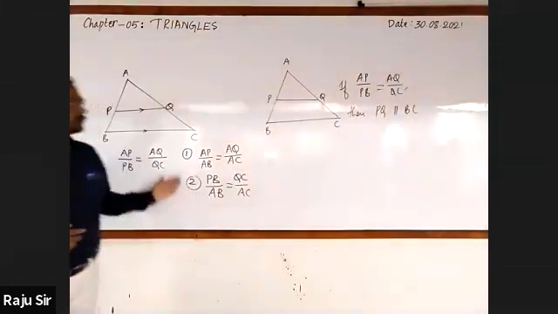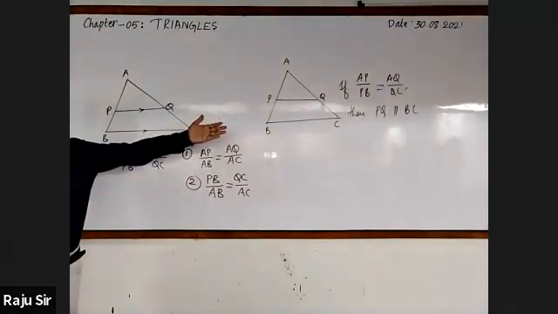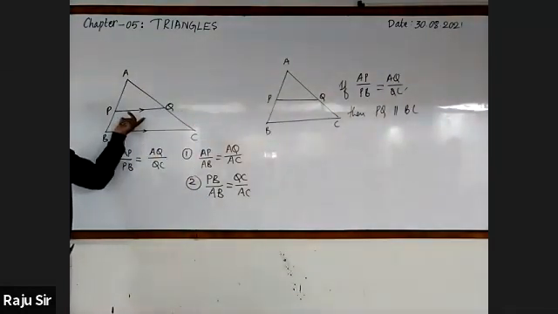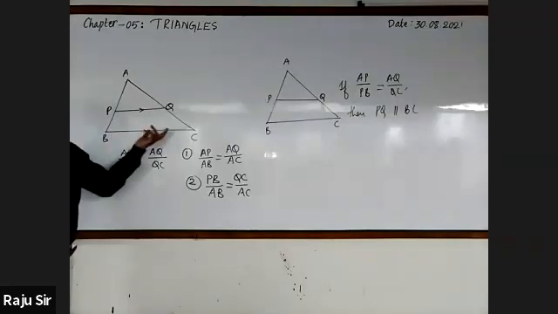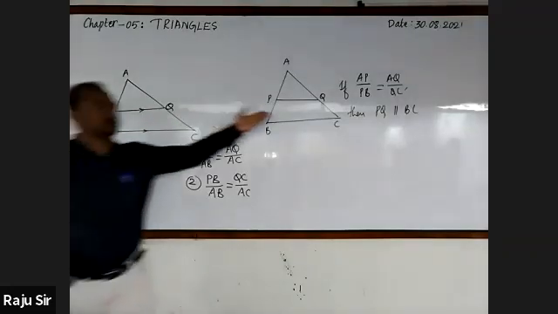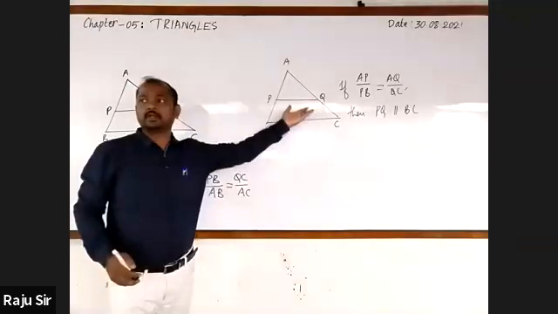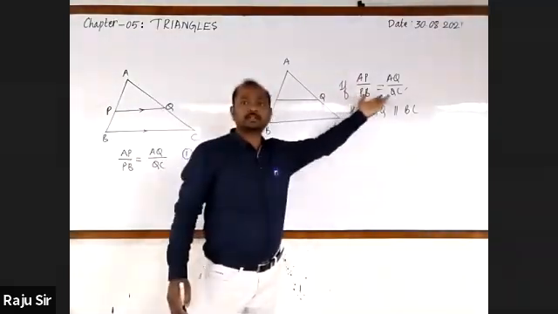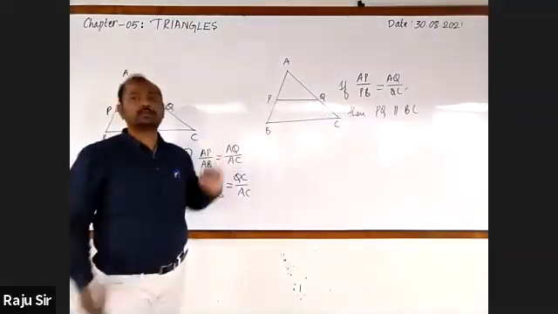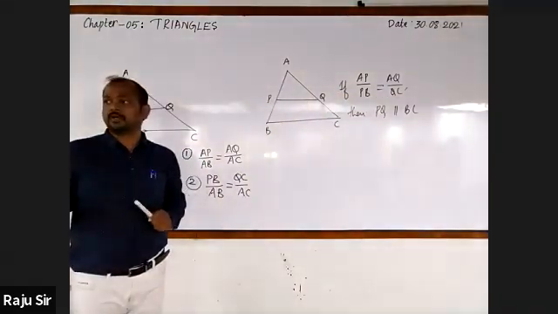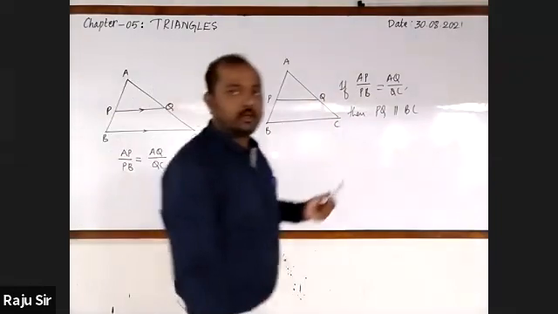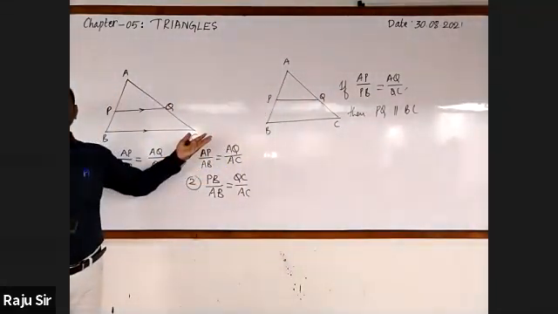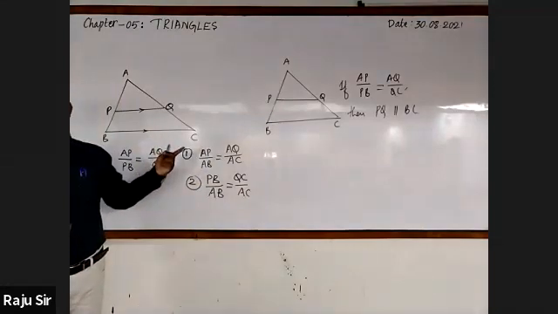So these four statements are very important. The first three statements are related to a line drawn parallel to a side of a triangle. And the fourth statement is related to a line which divides two sides in the same ratio; it is parallel to the third side. Got it? Okay, now let's move on to solve problems on results of BPT as well as the converse.